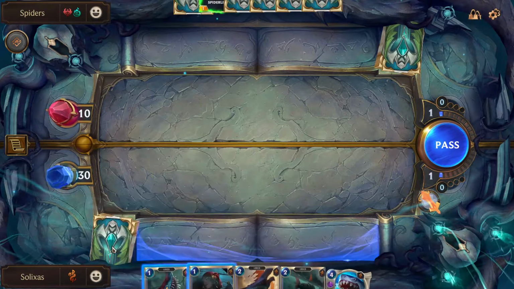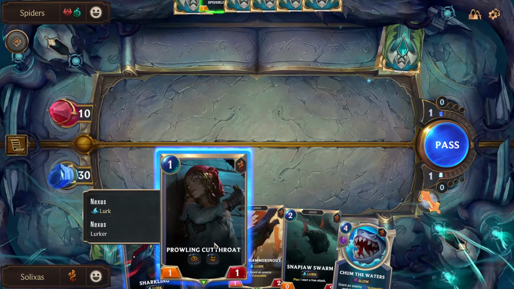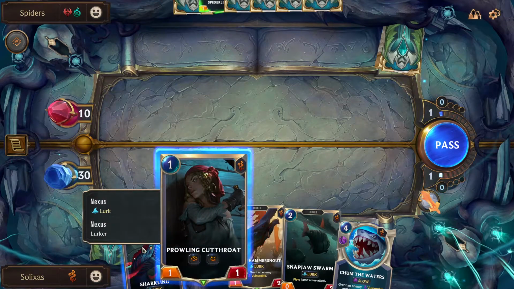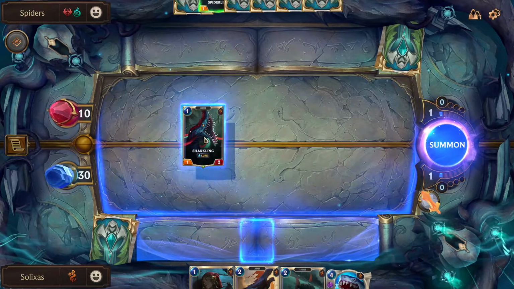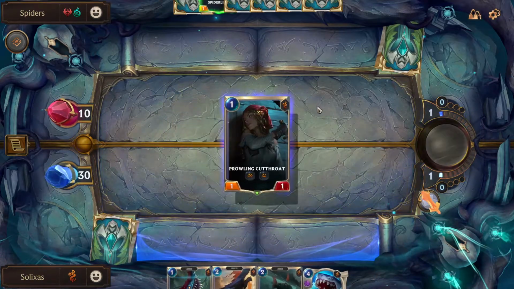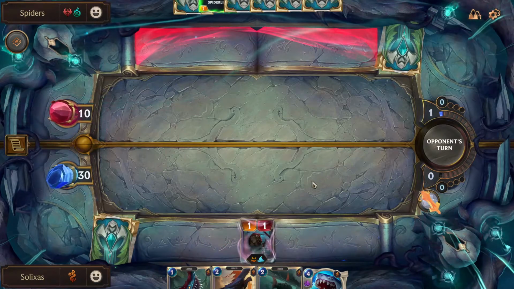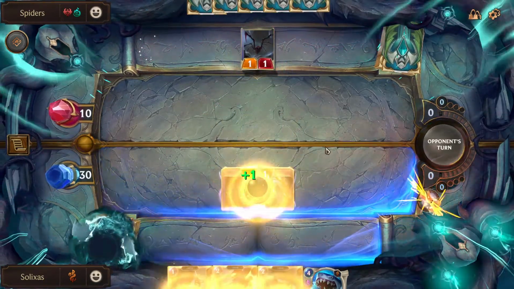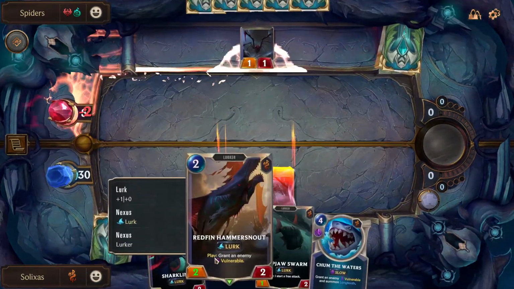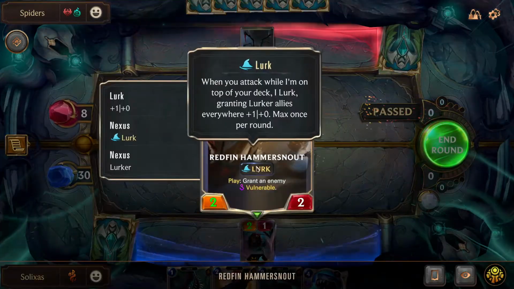Which one do we want to play of these two? Obviously, this can't be blocked, so that'll be free damage, but this can kill a spiderling. I think we want the free damage instead, because this battle should be over quite quickly. And this is only...